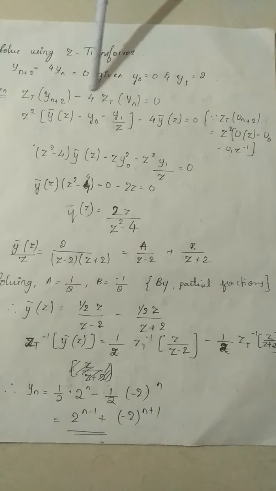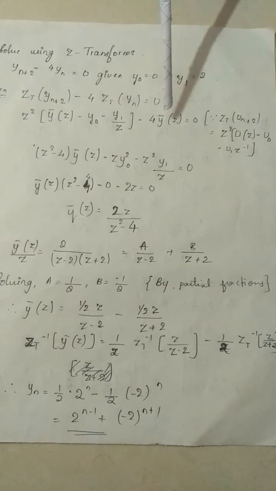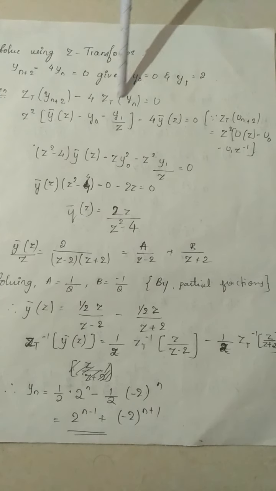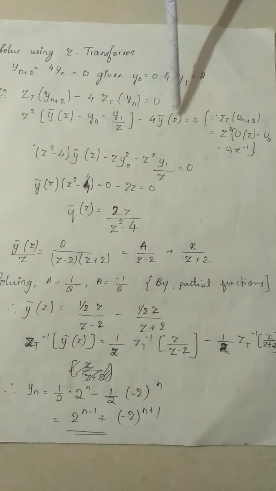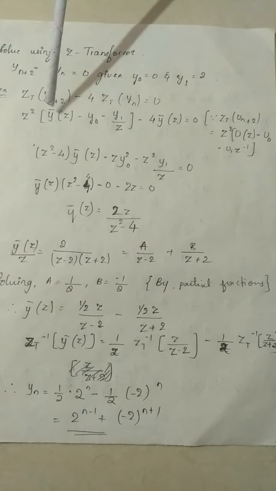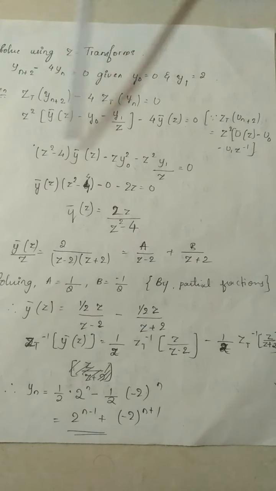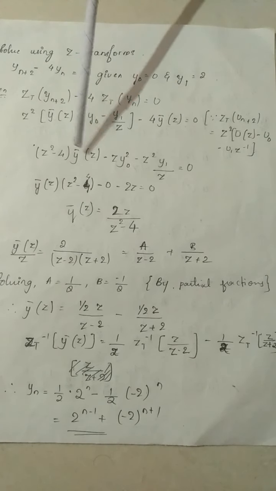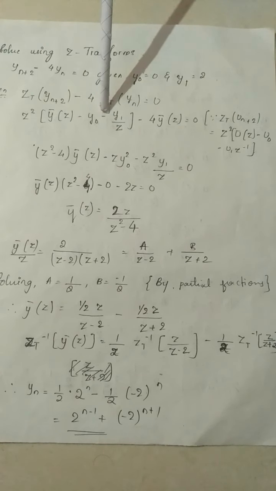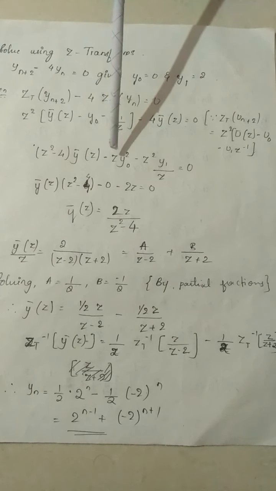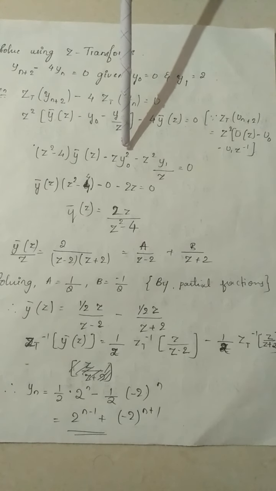Minus 4 times Z transform of y n is nothing but y bar z. That is Z transform of u n is nothing but u bar z. So we have written in terms of y. So now here y bar z is common. Take y bar z out from these two terms. So inside the bracket we get here z square and on this side 4 remains. Y bar z we have taken out. Minus z square into y 0.